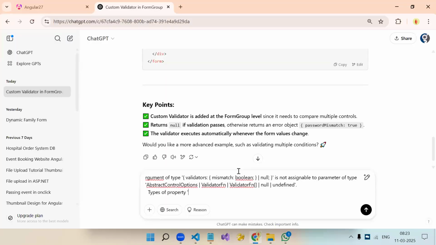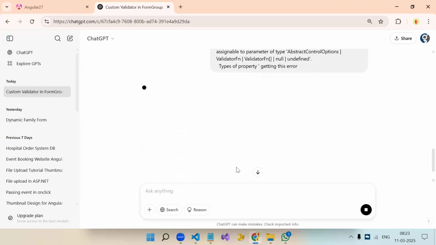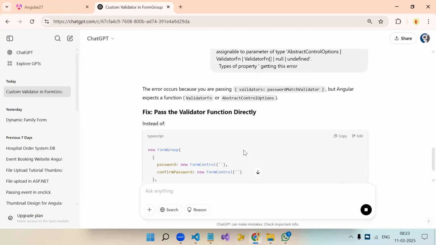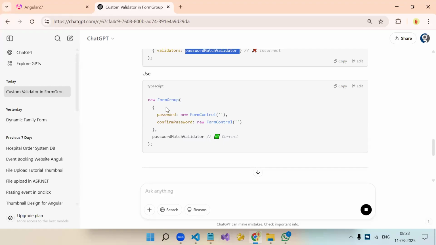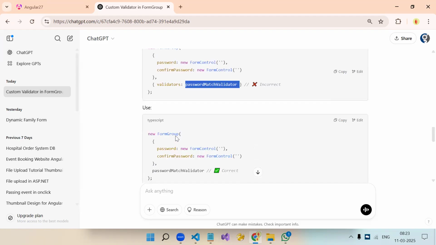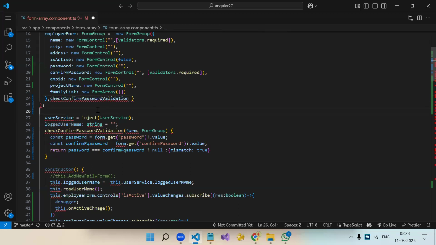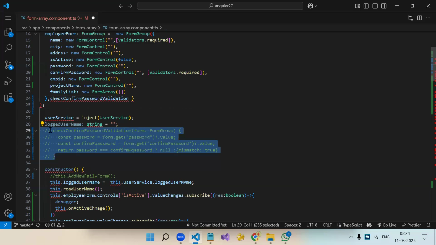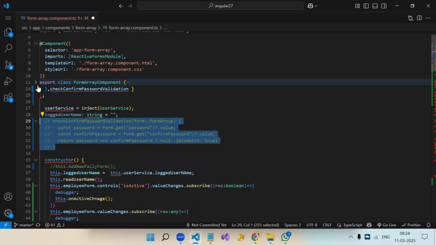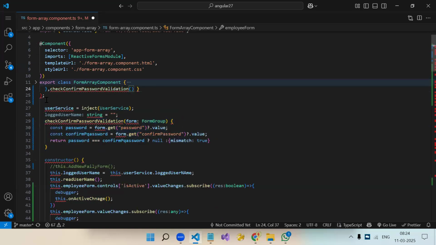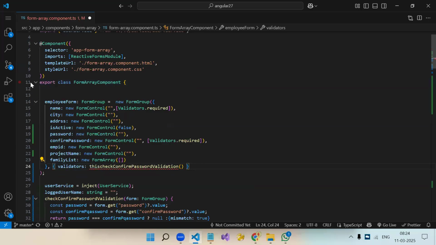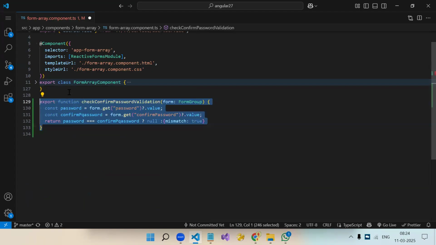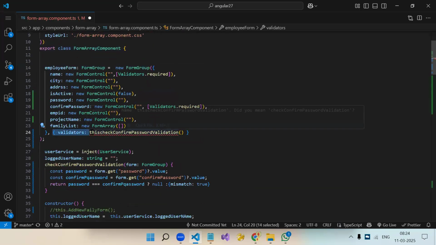No, remove function. Expect a function. क्या बोल रहे हैं, डायरेक्ट भेजो। वही सर, मैं वही कह रहा था कि इसको डायरेक्ट भेजना है, वैलिडेटर्स के साथ नहीं जाएगा ये। गड़बड़ किया तुमने। एक मिनट रुको। इसको अनकमेंट करते हैं, डायरेक्ट भेजते हैं।